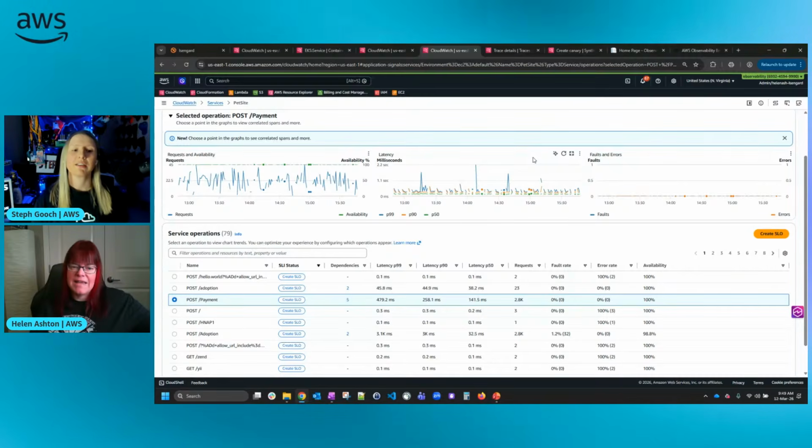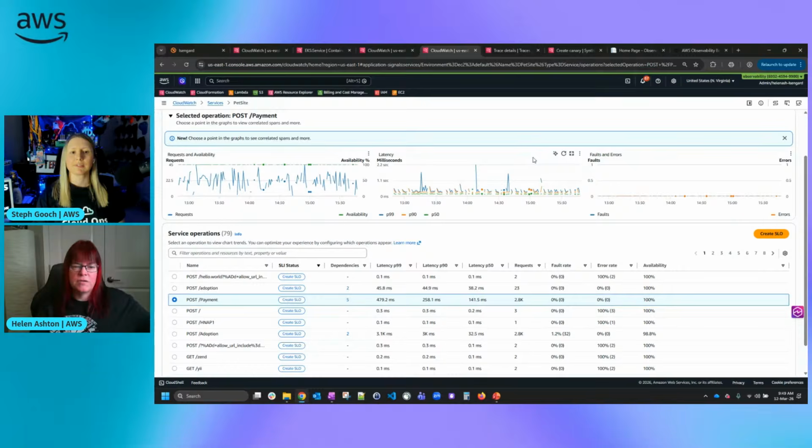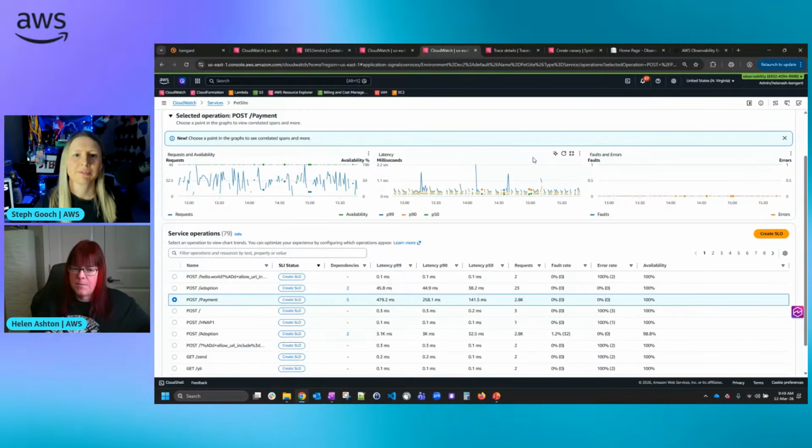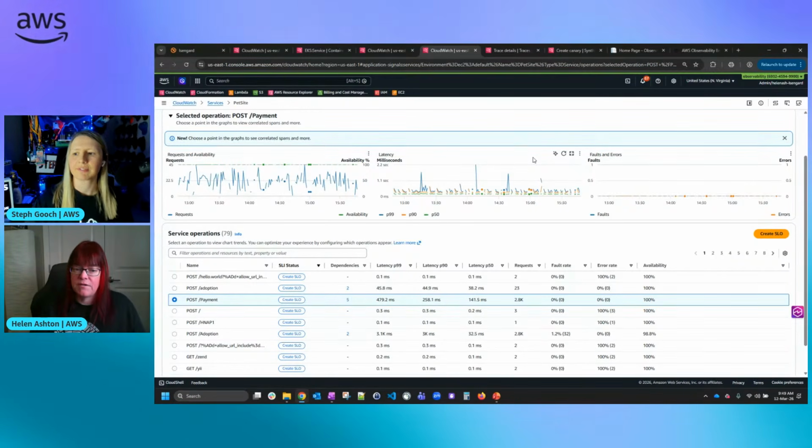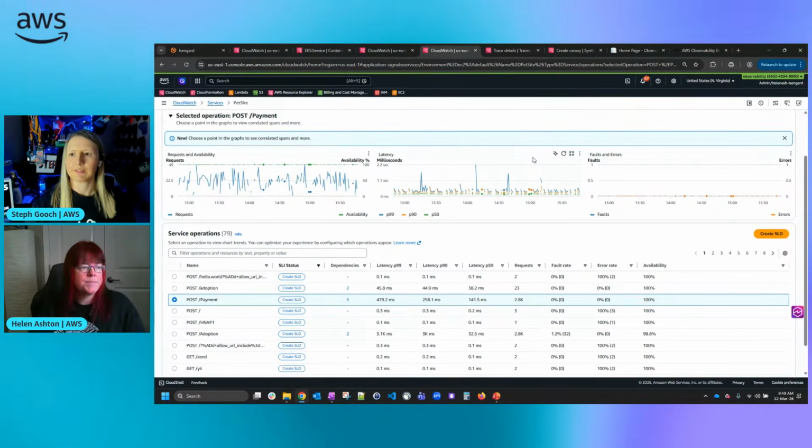Same when I look at latency. If things are slow, are they slow because there's only a few people on? Well, that's probably an application issue. Are they slow because there's lots of people on? Might be a load issue, but it's more urgent because more people are affected. So these kind of base metrics are really useful for getting a lot of insight into what's going on.